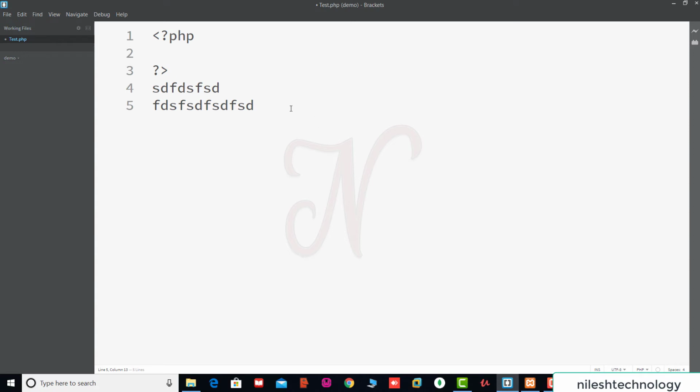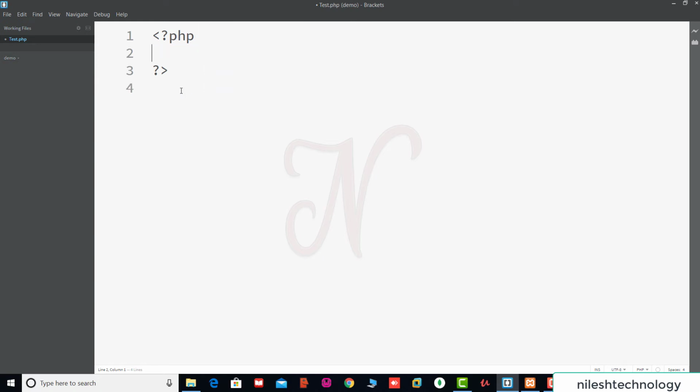So remember the definition of PHP is that PHP is an HTML embedded language, which means you can directly use HTML, CSS, JavaScript in the PHP program. That's why if you are in this script, then you are in PHP mode, and if you write after this closing tag, then you are in HTML language.